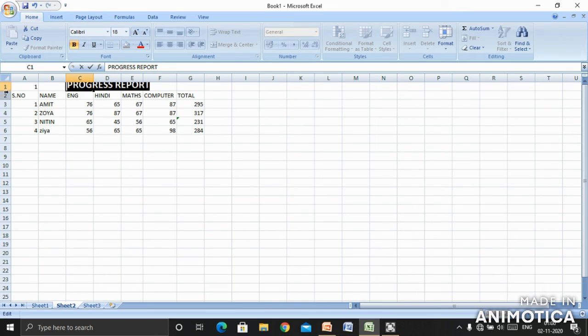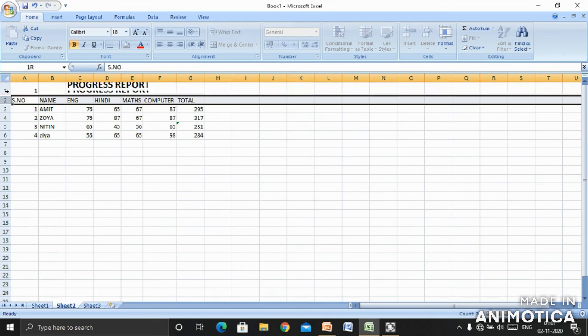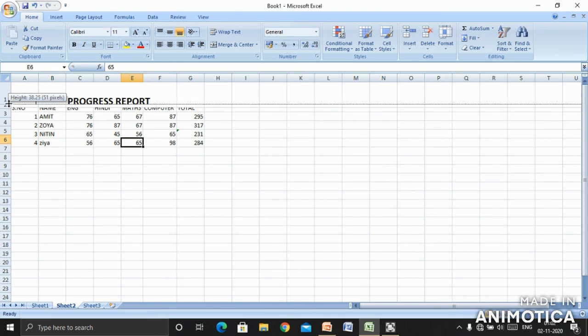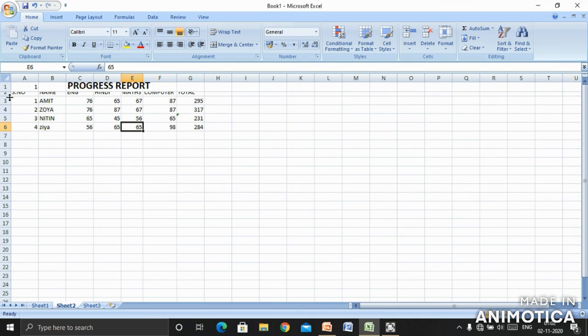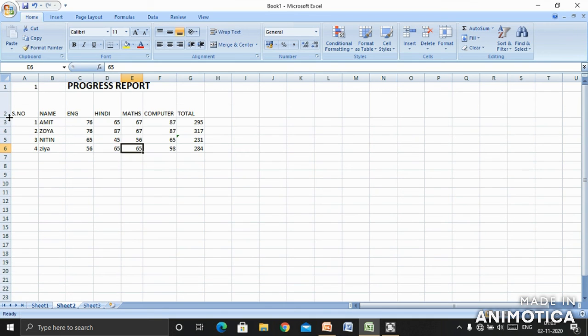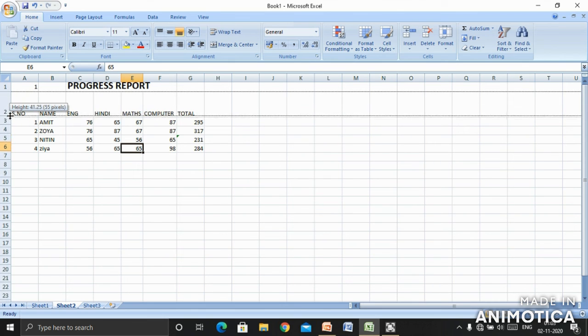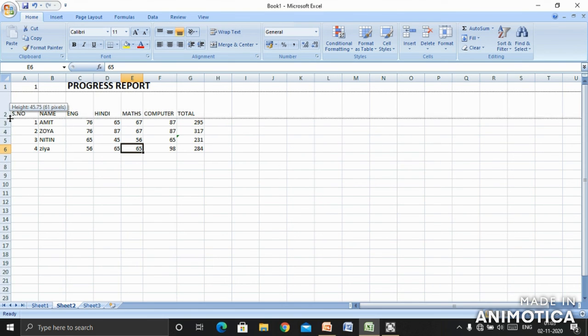Now suppose if you want to increase or decrease the size of the column width or the row height, what will you do? See here. So children, this way we can increase or decrease the height of the rows or the width of the columns.